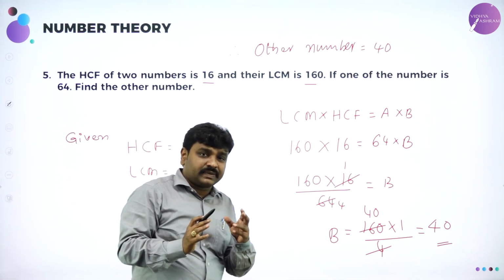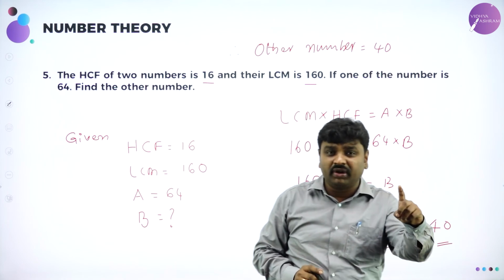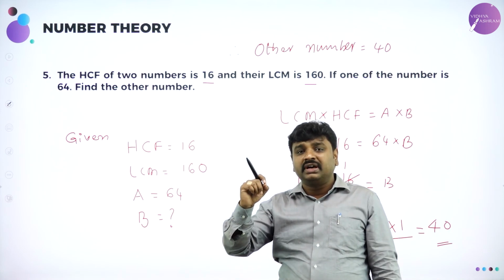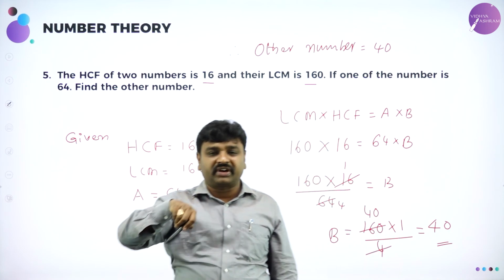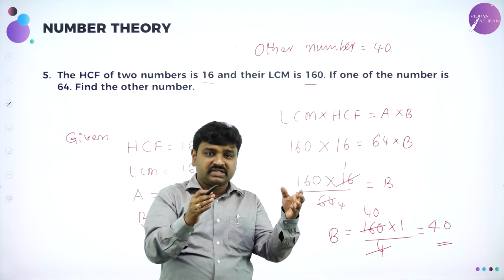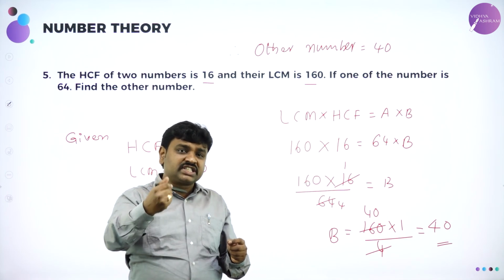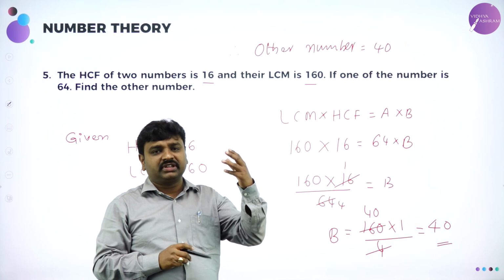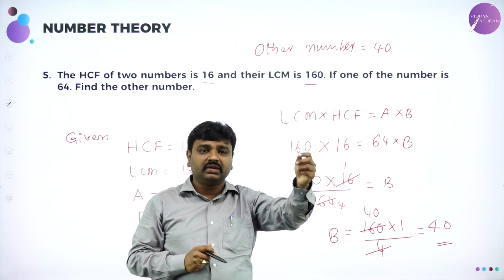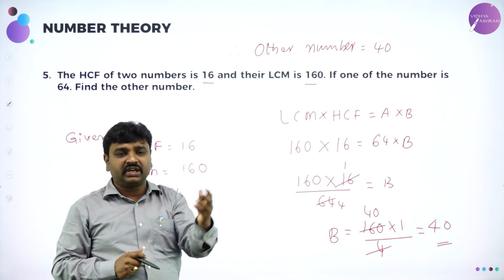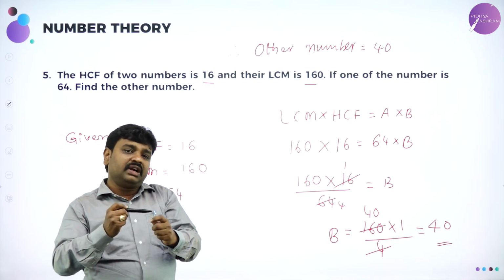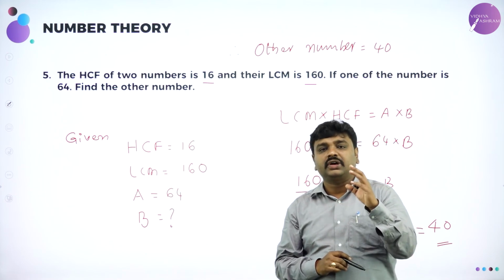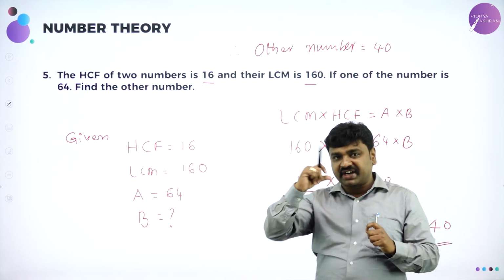Okay. In today's session, I taught you how to find HCF by what? Factorization method. HCF is the product of the least powered common factors. First write all the numbers in prime factors, then pick the least powered common factors and multiply. That is HCF. And the other method is the division method: keep on dividing the greater number with the smaller number until you get remainder as 0. The divisor at remainder 0 is called the HCF. HCF is also called as what? GCD. Then I taught you how to find HCF or LCM of a fraction.